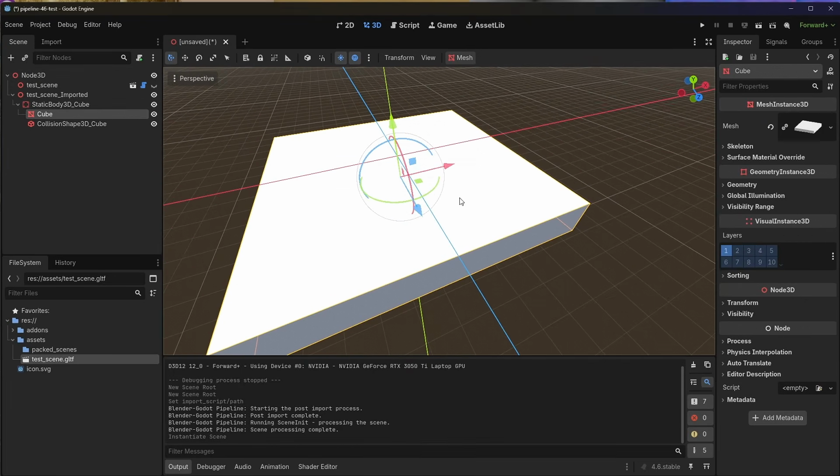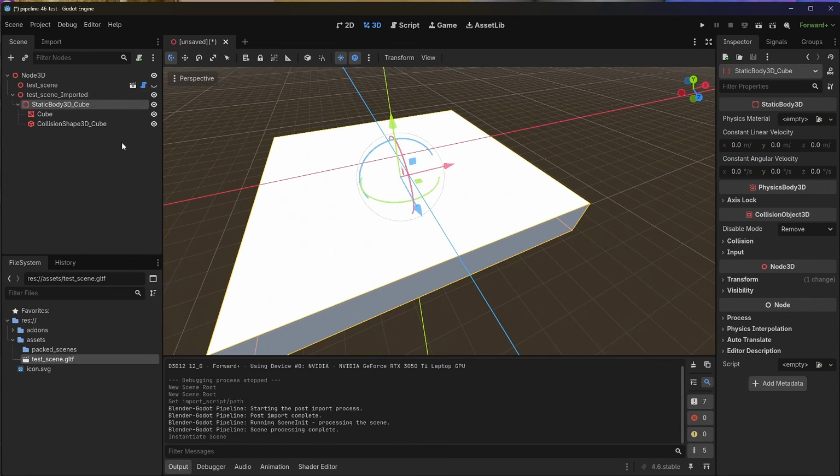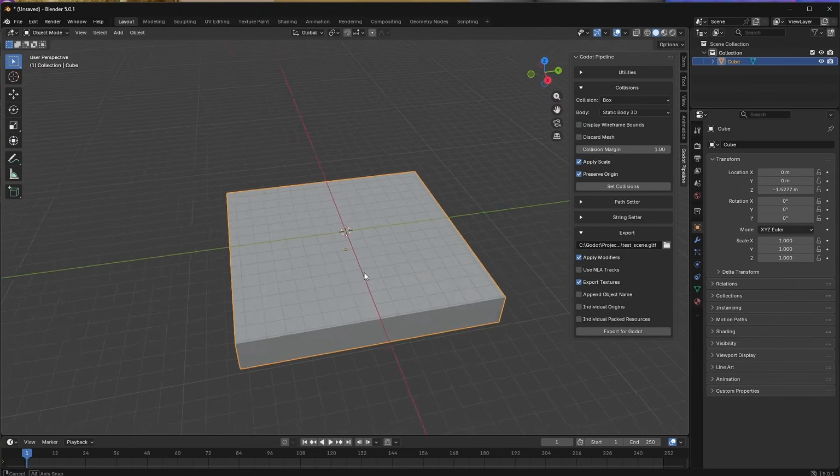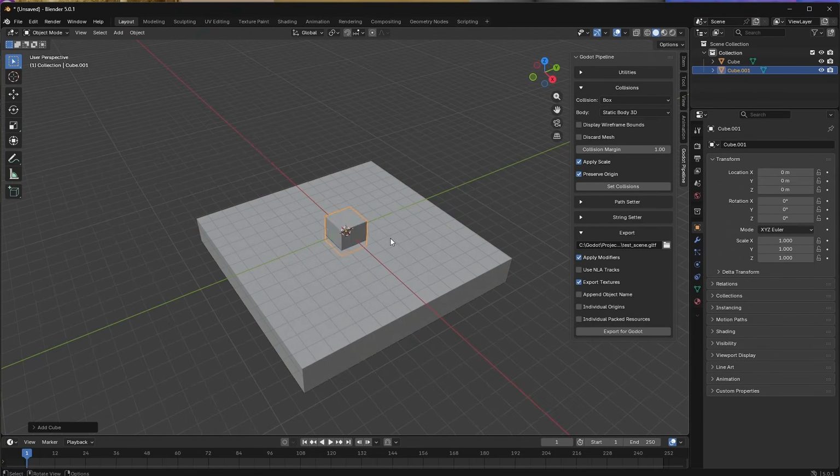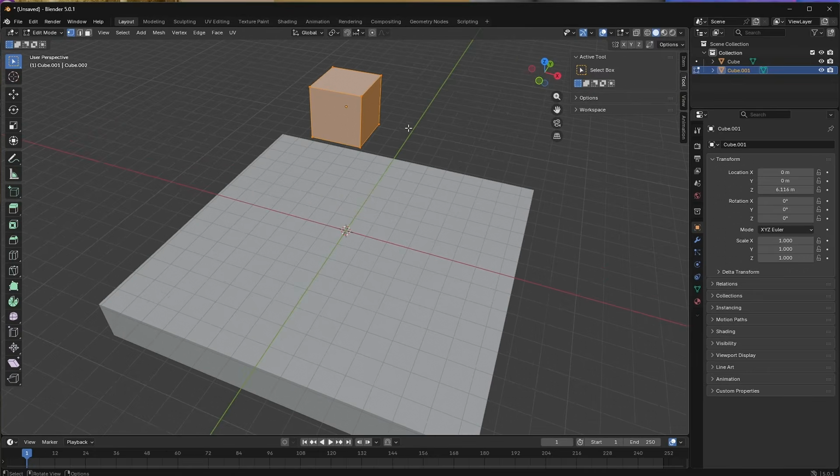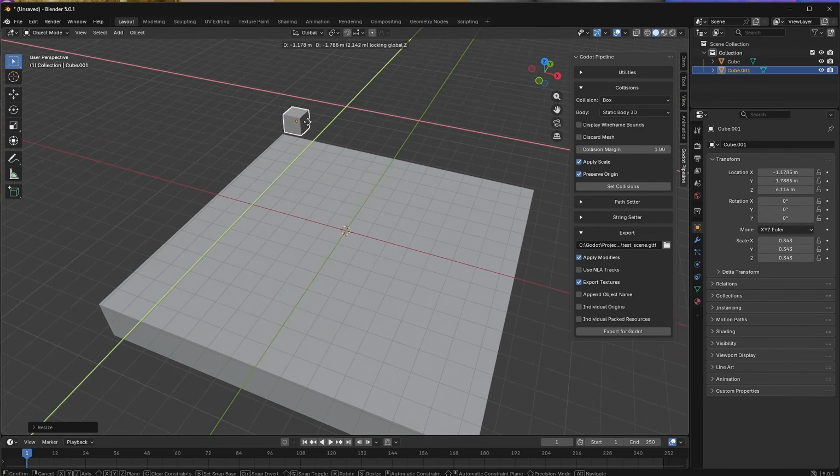Okay, so far you probably could have done most of this with import hints, but this does do some smart reordering of meshes and keeps everything nice and consistent. So the real magic of the pipeline is just the iteration speed. So if we want to do something else, let's say we want to do a more complicated kind of shape,